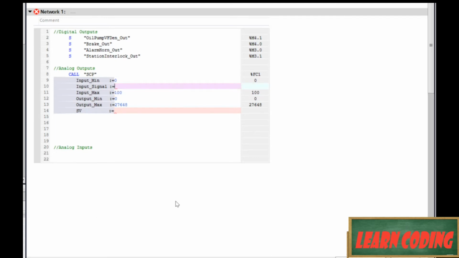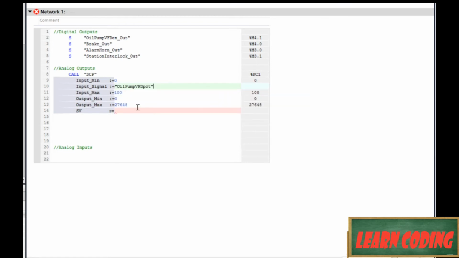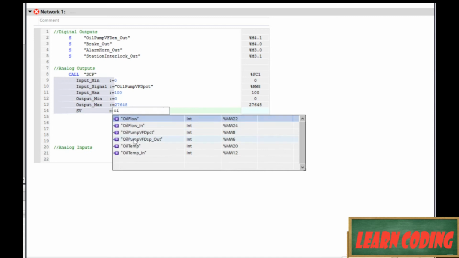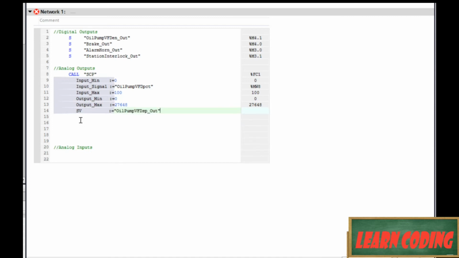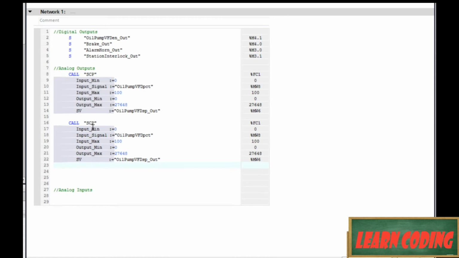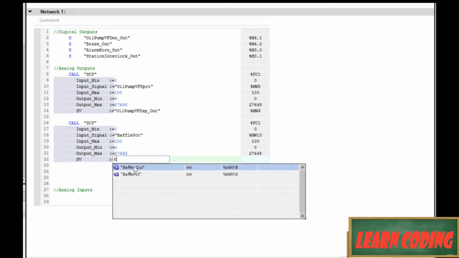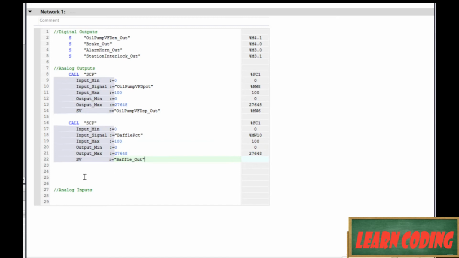And let's refer back to ladder to see what the first one was. That was our oil pump and then our baffle. So oil pump VFD percent is going out to oil pump VFD speed out. Very, very simple. And let's copy all of that, Control C, come down here, Control V, and same thing with our baffle. We've got our baffle percent turning into our baffle out,